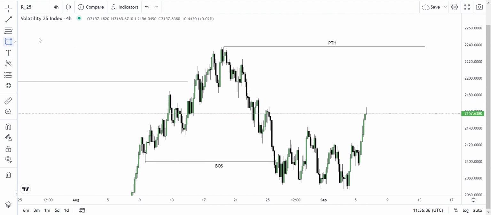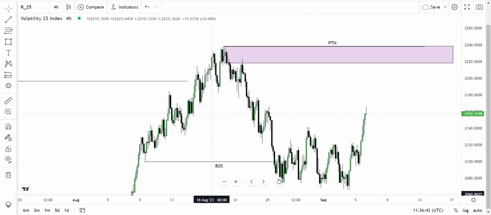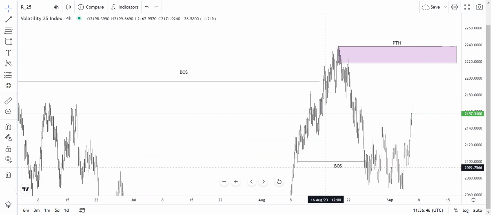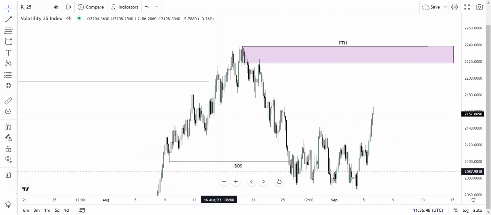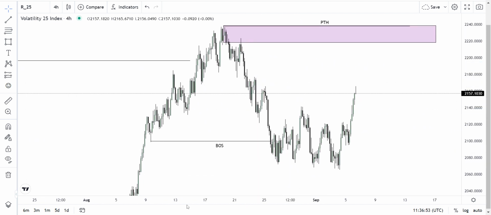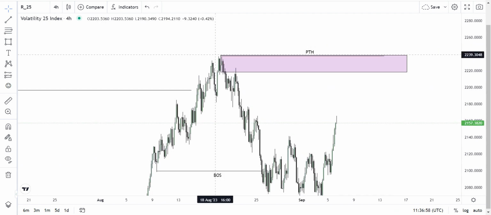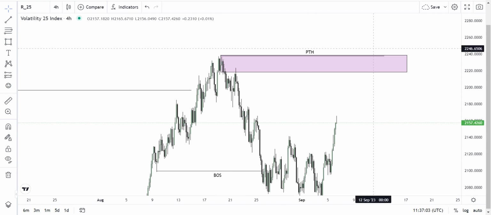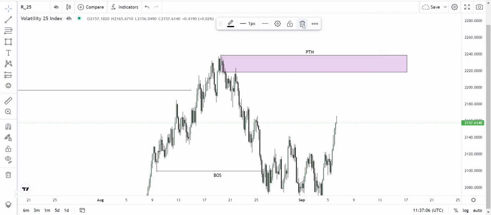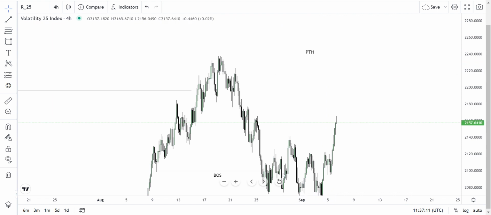So what will likely be our valid area of interest for a sell market? So we should be looking at this place for a sell market. But don't forget, the story of the market is already pointing up. So for me personally, this place is like an external liquidity because we already know that the market is actually pointing towards the up direction. So personally, I would not want to put my valid area here, but just for the sake of those that want to just place a stone to the market.